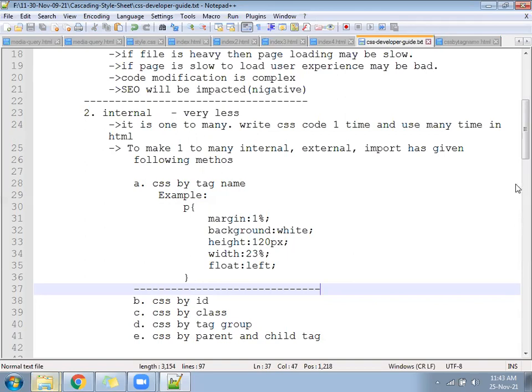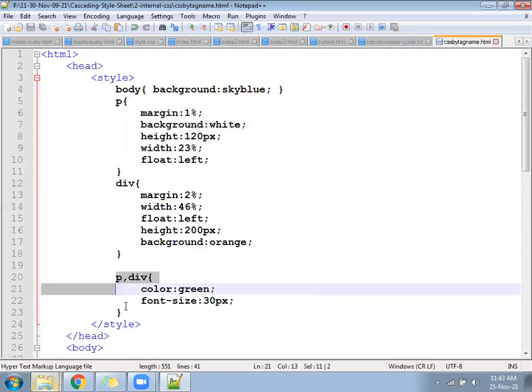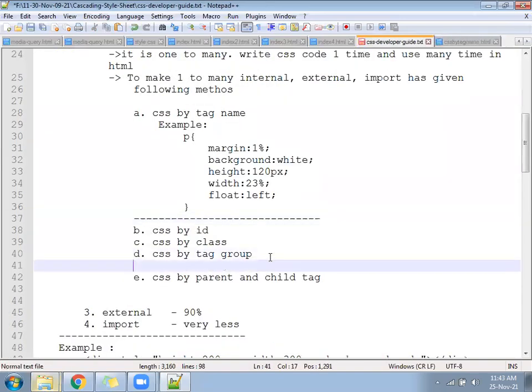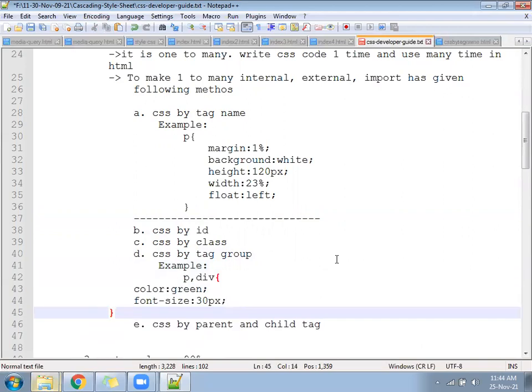Okay, go next. One more you have written is CSS by tag group. Copy this and paste here, CSS by tag group block, as an example.